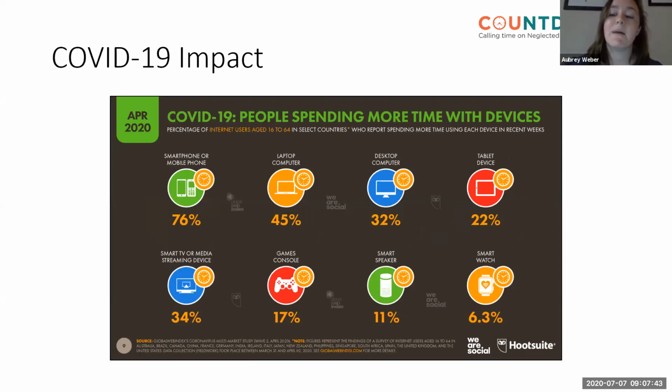So I'd be remiss if I didn't mention COVID-19 here, and specifically the impact that the pandemic has had thus far on phone use and social media use. This right here is data from April of this year. It is definitely worth mentioning that more people are now spending time on their phones and on their social platforms. I know I am a victim of this. More than ever, as we all deal with varying degrees of lockdowns, stay-at-home orders, and social or physical distancing. This time we are living in is presenting a unique opportunity for social media use and for promoting our work. Next slide.